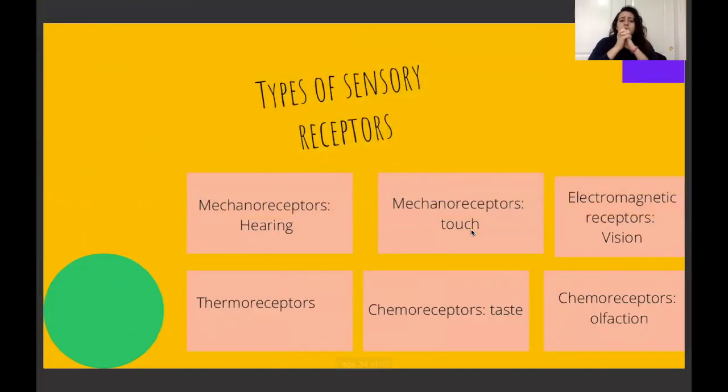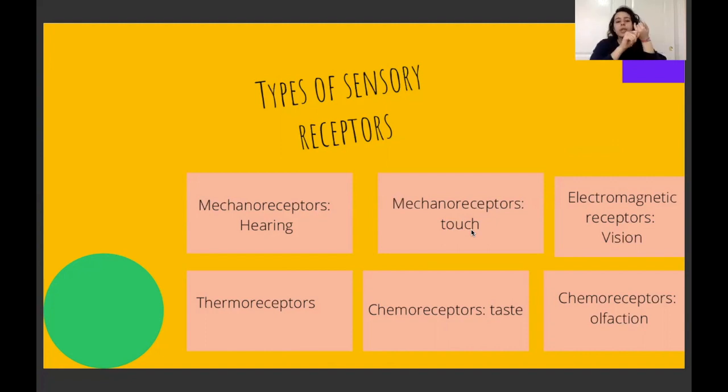Types of sensory receptors: mechanoreceptors, hearing. One thing I should say is that sometimes when something is so easy, you think, oh, I know what hearing is, I know what touch is. Those are the things that we forget to spend time memorizing, and those are the things that we get wrong on tests. I say that because I specifically remember that happening for Bio 5B for myself.